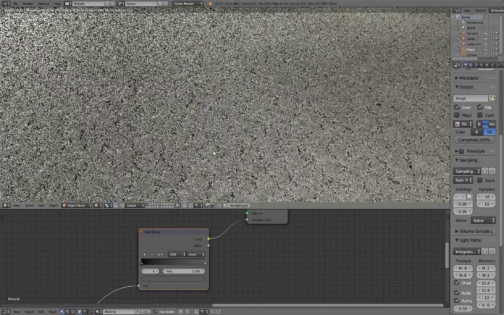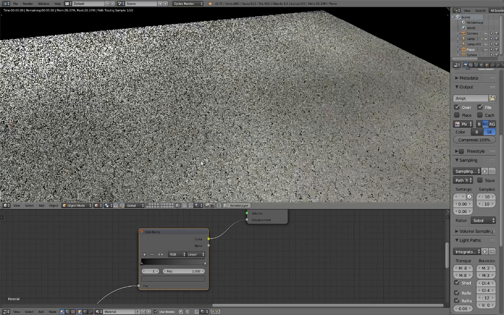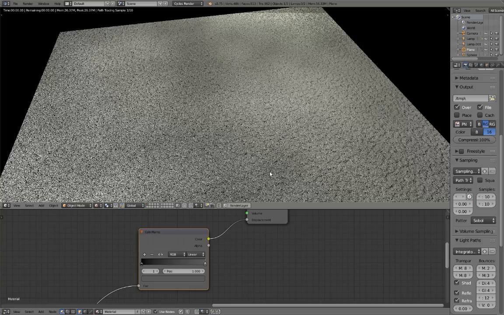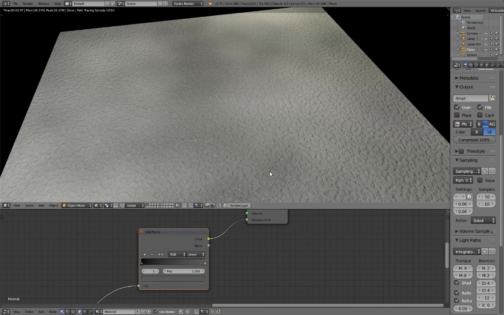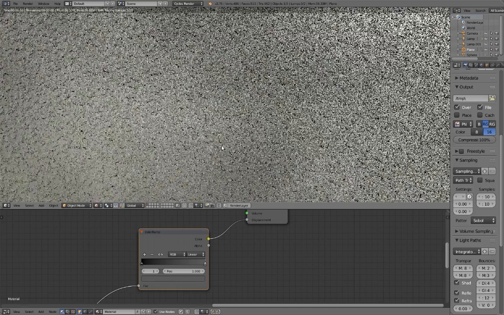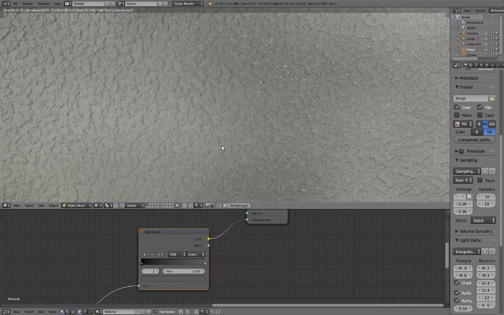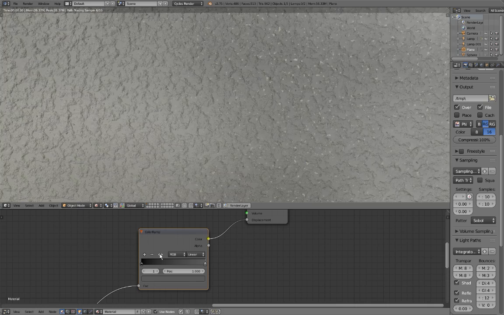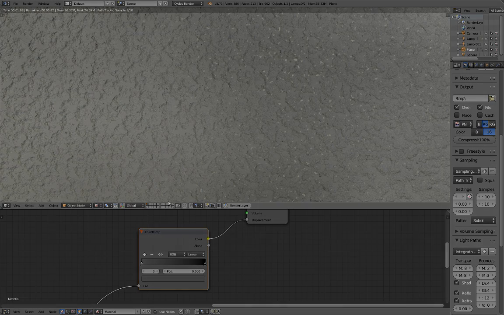And I don't know. I mean, it depends what kind of concrete you want. Obviously, it's not, you know, general purpose, I think, but it's getting there. Anyway, the reason for this tutorial was to get you into that thinking mindset to make your own materials, and I think I've pretty much made a wall out of this. It's not exactly concrete-y,